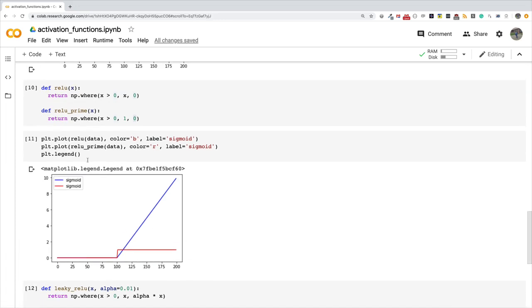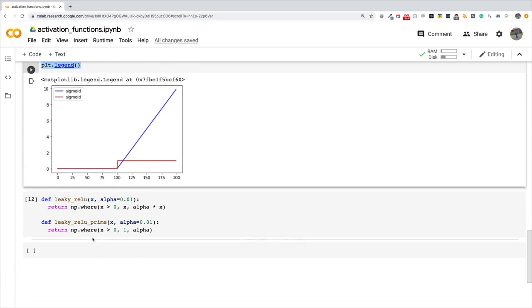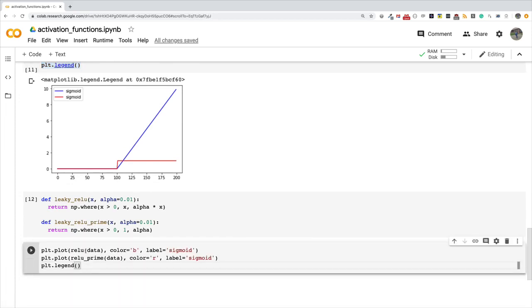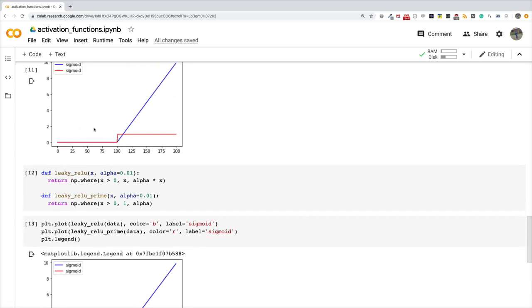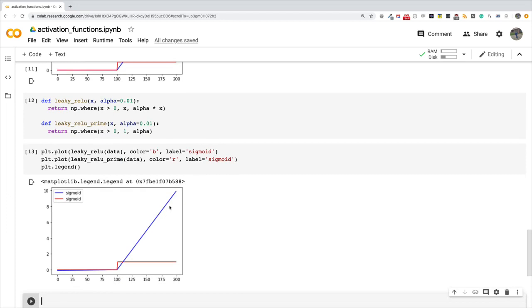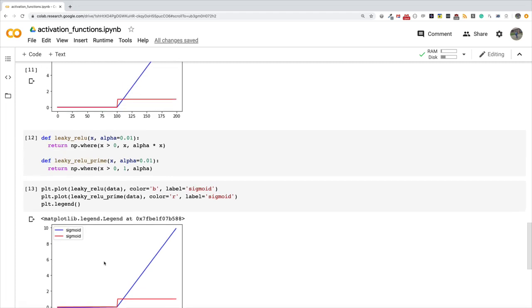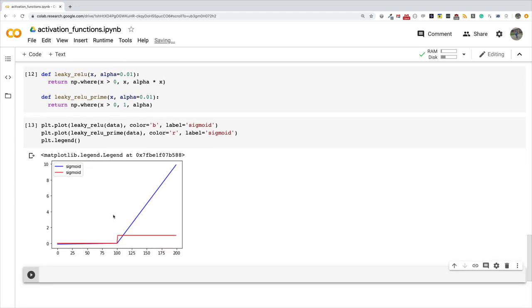So let's come here and make a plot of ReLU and leaky ReLU on the data. So let's plot leaky ReLU and leaky ReLU prime on our data set. So as you can see, look at the difference between the ReLU function and the leaky ReLU. You can see that the leaky ReLU function's derivative is not zero in this region. You can see that they do not overlap, as you can see over here,